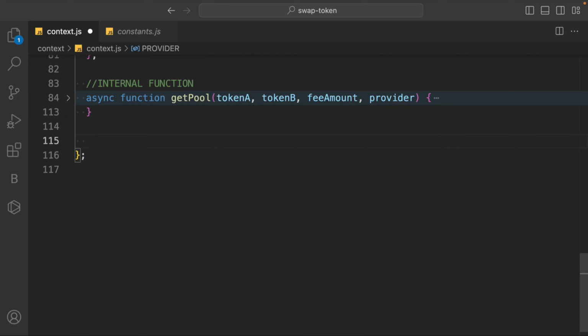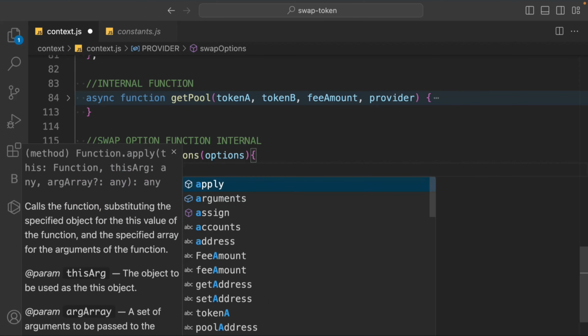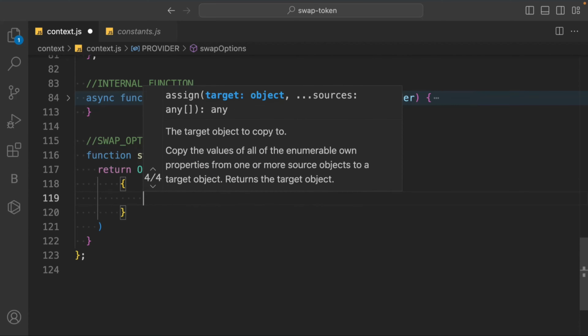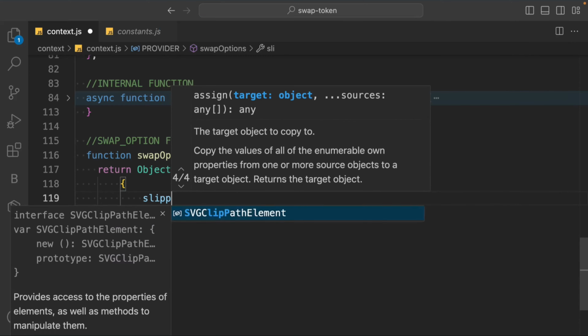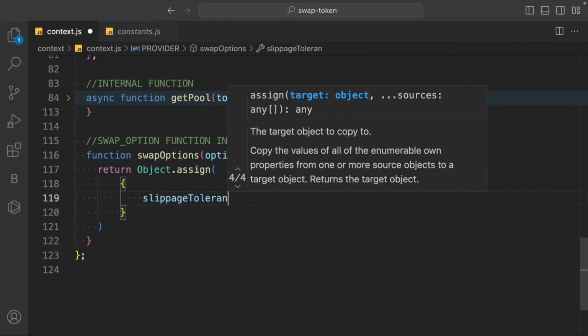Now we can come back here. Let's build another one. This one we're going to call swap option, and this one is going to be a very simple one. It will allow us to generate the options. In that you can do a lot of customization, but I will go with the simple approach. I'll take a function called swap option. It is going to receive options. Both are fine. Once we have this option, now we can come back here and simply return. So we'll say Object.assign. In that we have to look for slippage, and I'm going to go with the hardcoded slippage tolerance. You can simply allow the user to do the customization, but I'll go with 5% slippage